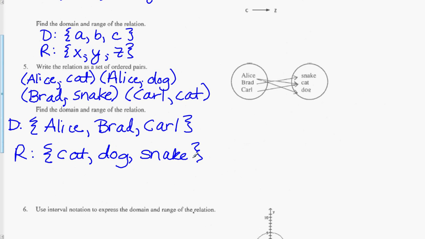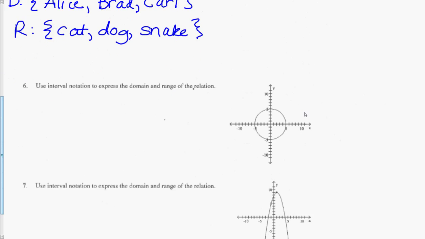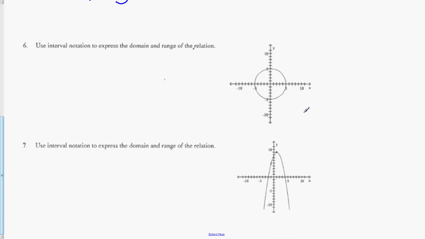In any order, you don't have to have it in a particular order, just make sure they're all there. Okay, now where we use a lot of domains and ranges is when we're talking about graphs, and when we get into functions later on, graphs of functions and what are the domains and ranges of graphs of functions. Now when we express domains and ranges in graphs, we are going to express it in interval notation, which means